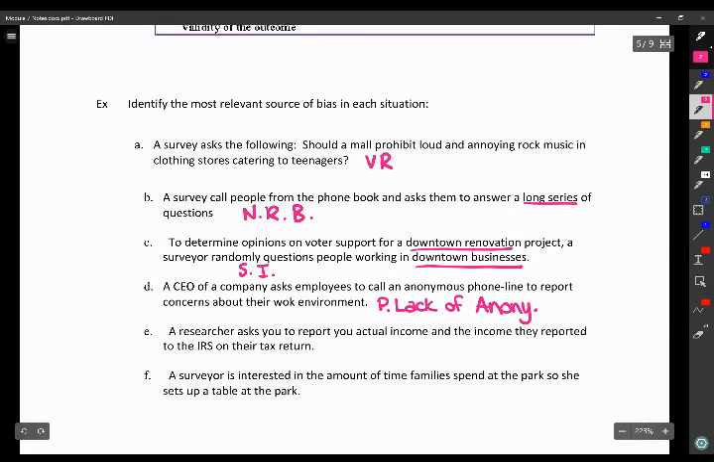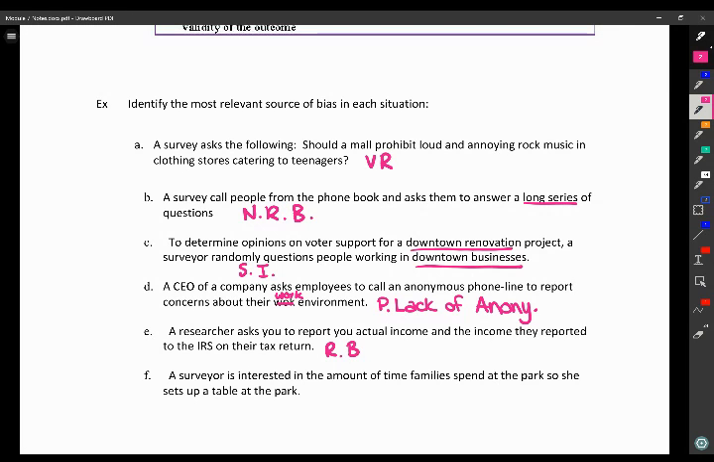If your boss, or the boss of the company, asks an employee to anonymously report concerns, they might think that it's not going to be anonymous, and so they might not respond the way you would expect them to, because they are trying to make the boss happy. And then this is a response bias,